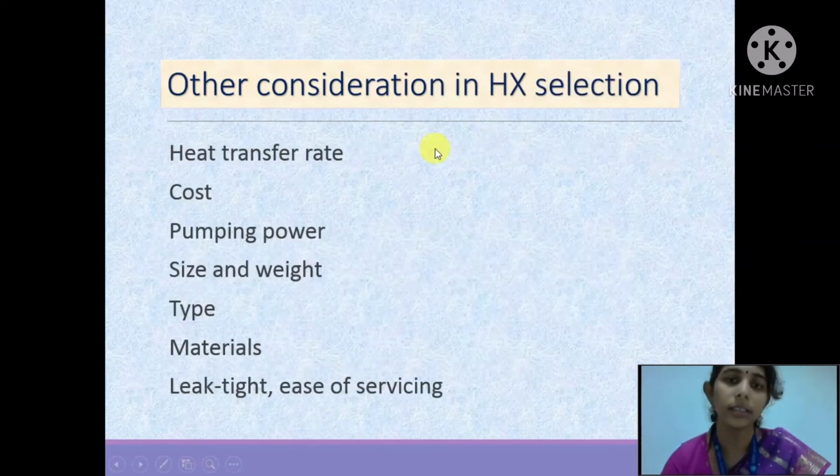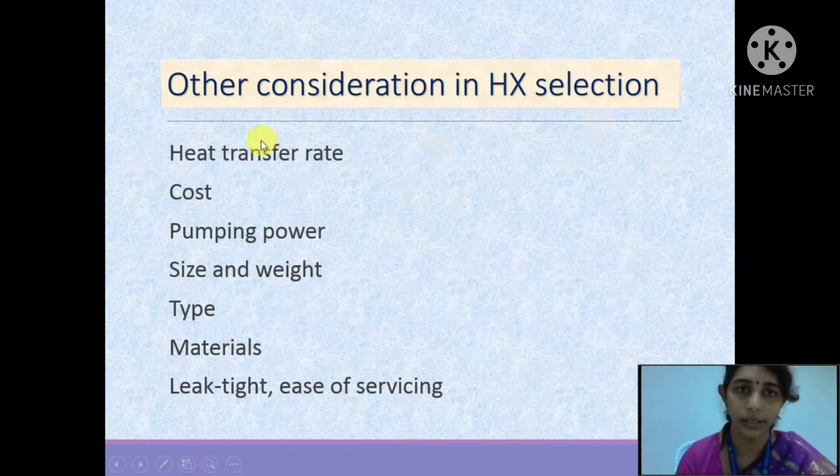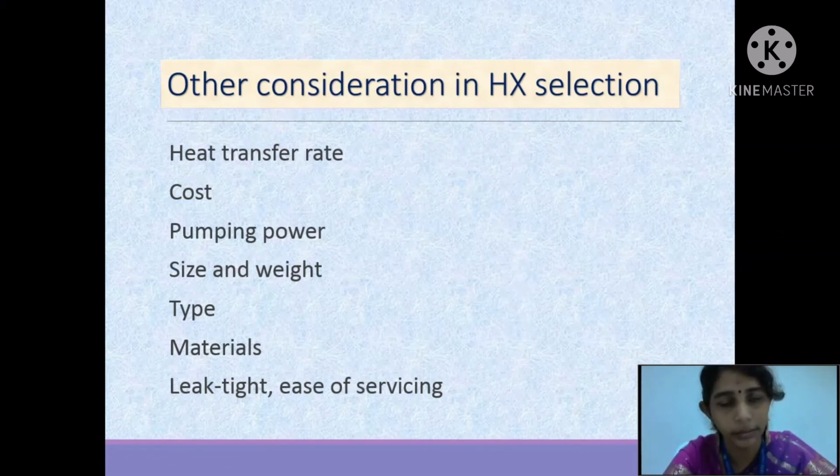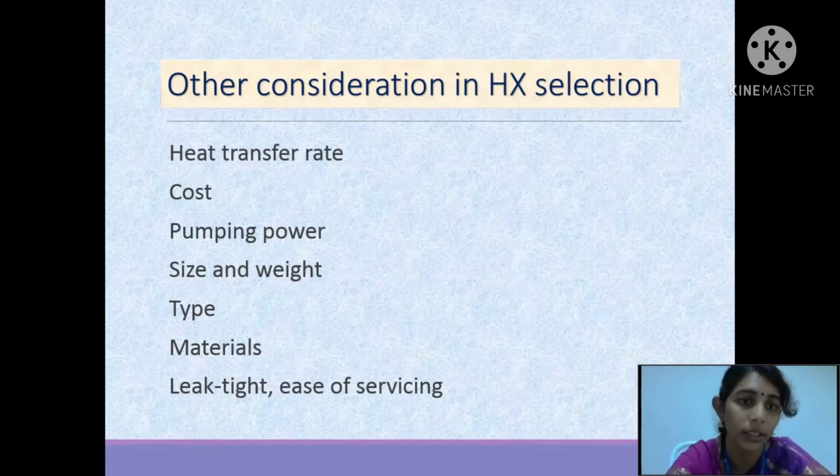The next one is considerations in heat exchanger selection. So far we have seen what a heat exchanger is, how to categorize them based on geometry and flow conditions, how to analyze them, and whether you are going to use the LMTD method or the NTU method. Now we have finished the analysis type. Beyond analysis, what else do we have to consider in heat exchanger selection? Here I have listed some 7 factors to be considered, out of which heat transfer rate and cost play a major role. They are the primary and foremost factors to be considered when you design.